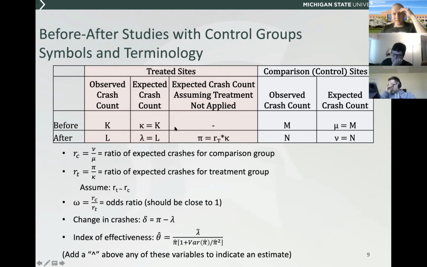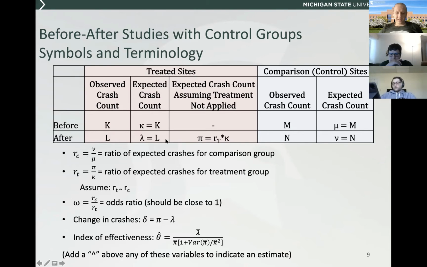So we're again interested in our differences in the before and after crash counts, but we're also interested in those before and after crash counts at the control locations. Okay. And so in terms of setup here, we'd be interested in taking the ratio of the crashes between the before and after periods in both the comparison group and the treatment group. And so we're using this comparison group as essentially an analog. We would expect to see the same general trend occur at the treatment sites if no treatment had been applied, right? And so we take the after period crashes over the before period crashes here,